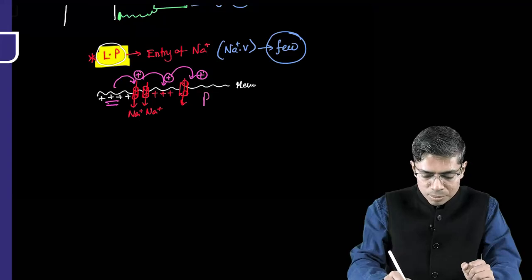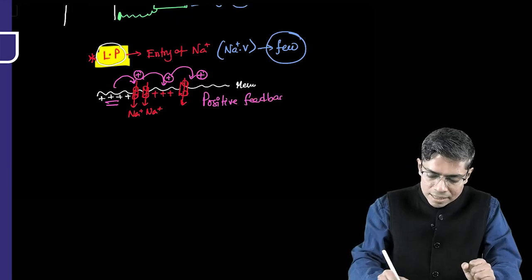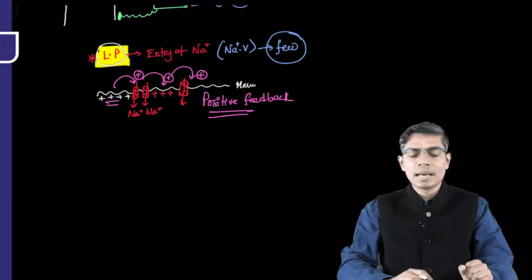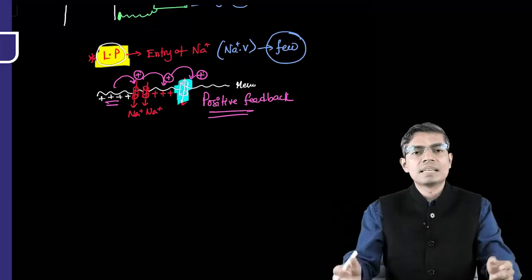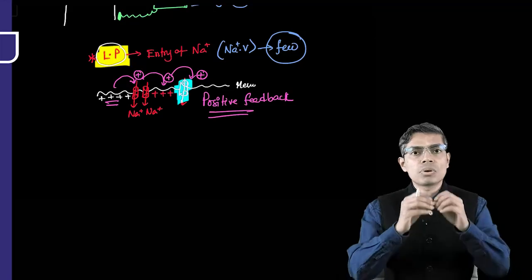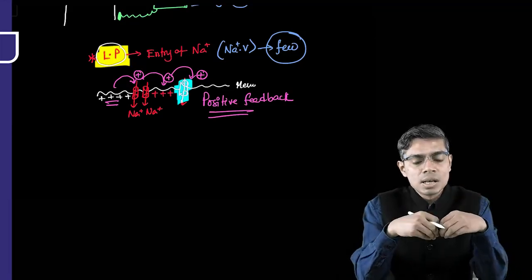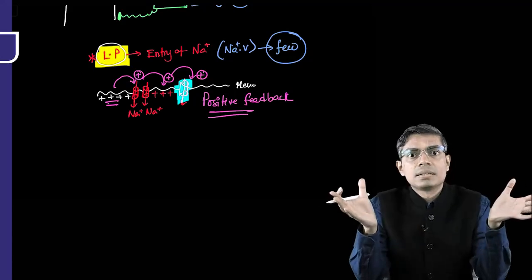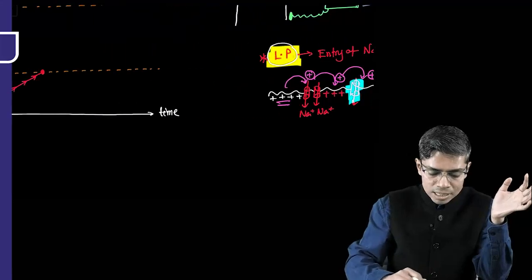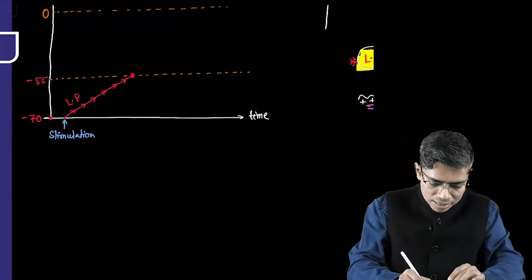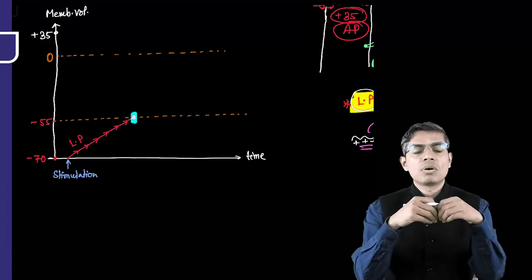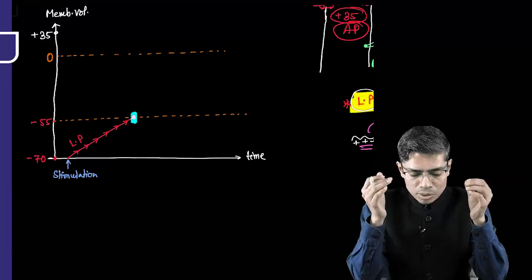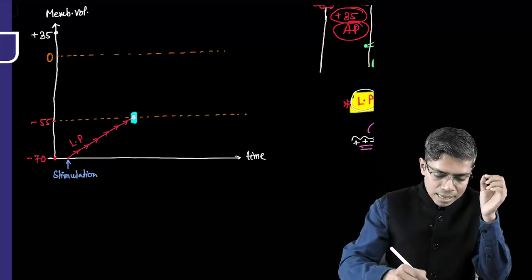This is which kind of phenomenon? This is nothing but positive feedback phenomenon. And due to this positive feedback phenomenon, the opening of voltage gated sodium channels will amplify significantly, and almost all the voltage gated sodium channels will open up within fractions of a second whenever you reach this threshold voltage. At the level of threshold voltage, this positive feedback is so strong that almost all the channels will open up within fractions of a second,